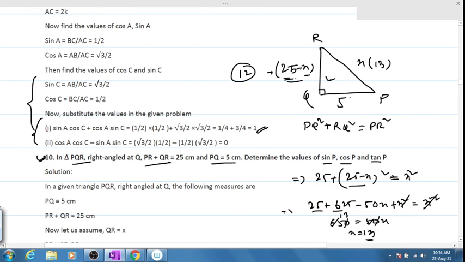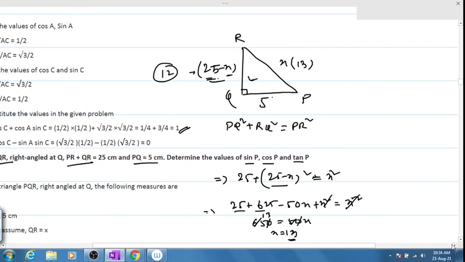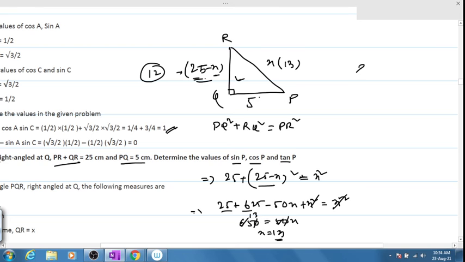So we have a right angle triangle where we have got all the values. Now I don't think there will be a huge issue finding sin P. What will be sin P now? This is our P, perpendicular by hypotenuse, RQ by PR. 12 by 13. How many have got this?